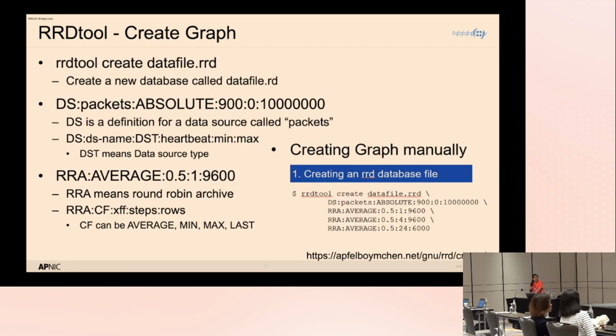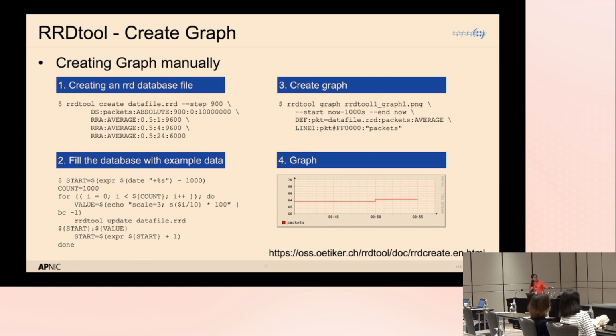Now for this one, what we were trying to do is maybe come up with a graph. So we want to have some data in it. So this part is actually just a way to have some random values added into your RRD file. So it's not technically important. Usually we use information that is coming from SNMP, right? Or any way that we're pulling data. But this one is essentially just to have some data in our RRD so that we can show something in the graph. But to create a graph, we use the rrdtool graph command, and then put that into